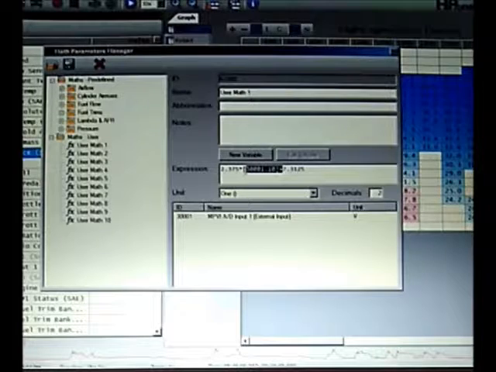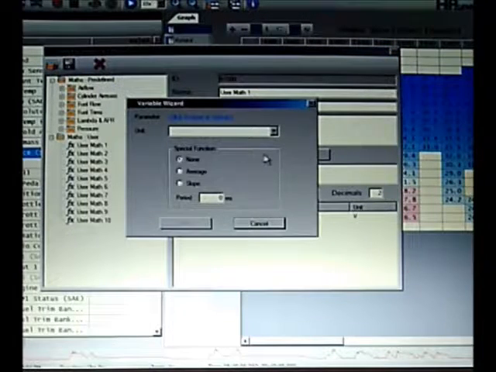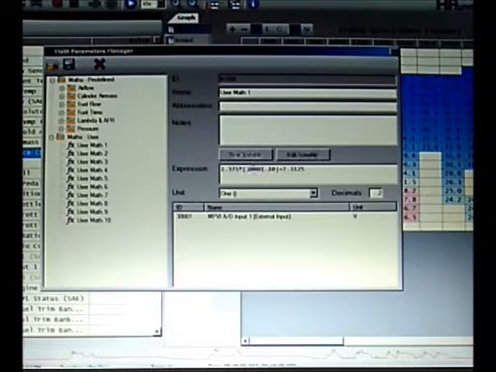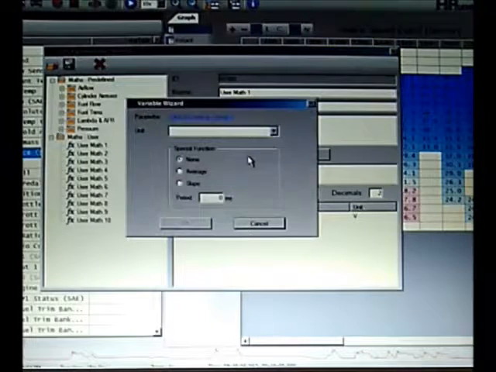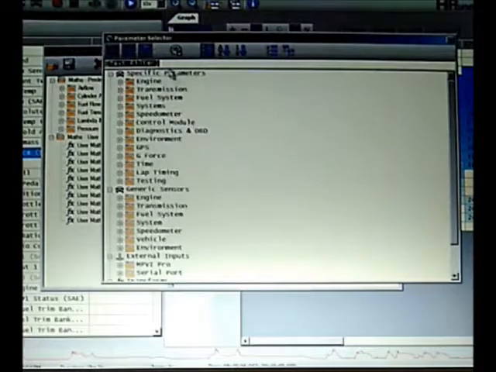This is the PID, like a serial number, so that the HPTuner software knows which PID you're referring to, because it doesn't use words, it uses this code. In this case, 30,001.10. You don't need to know this, you just need to go to new variable. So whenever you want to insert this, for example, I would type 2.375 asterisk, and then right at this point where my cursor is now, I'd click on new variable, go to parameter, click to insert or change. It brings up the same menu as it did before, and you just type,